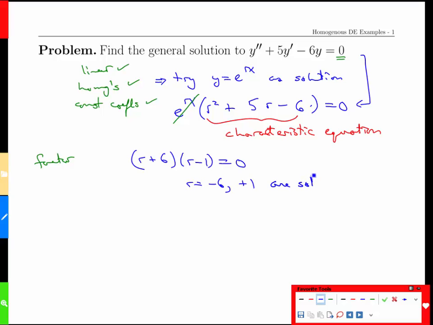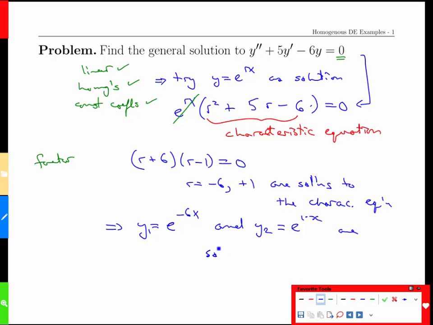Our solutions, I'm going to try to be very clear here. These are solutions to the characteristic equation. This is just a polynomial. When we solve it, we get r equals negative 6 and plus 1. But the fun part about differential equations is that r equals negative 6, that's what goes up in the exponent with the e. So y equals e to the negative 6x, call that y1, and y2, which will be e to the 1x, are solutions